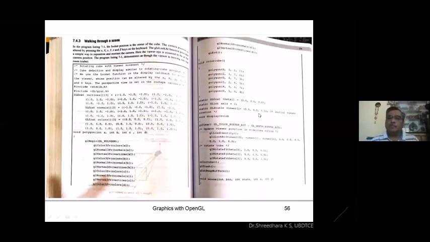Then this viewing position changes with respect to pressing the X, Y, Z keys on your keyboard. And in the display function, this gluLookAt function is invoked. glClear is an already used statement. Loading the identity matrix. Observe this interesting gluLookAt viewer 0, viewer 1, viewer 2, 3 positions. The remaining statements are the same as used in the previous program.